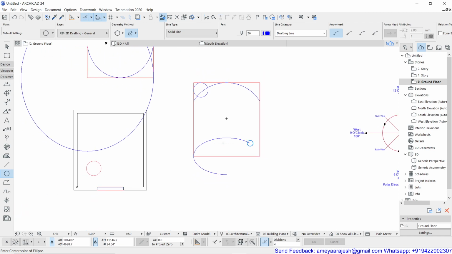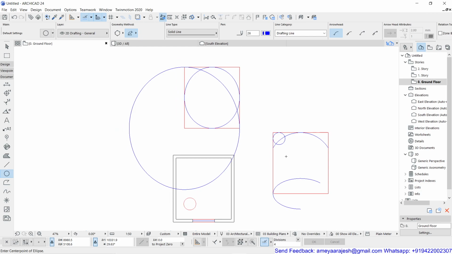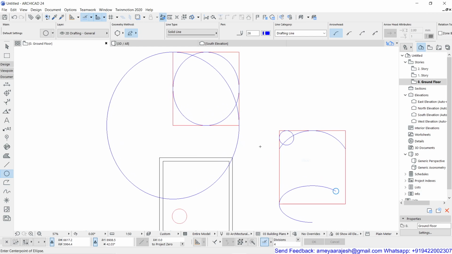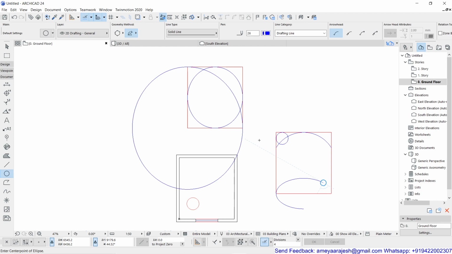Okay, so I hope you have understood these particular things very well, how ellipse and circle can be constructed, or even arc. Obviously there's no separate tool for arc or circle or ellipse, it is all together inside the same command. So altogether there are 6 options. First 3 options for the circle or arc, and the next 3 options are for ellipse. Okay, so please do a good practice on them and get used to how we can construct these objects, because in the next clip I'm going to show you the editing part of these objects.